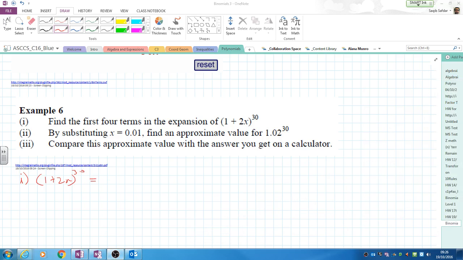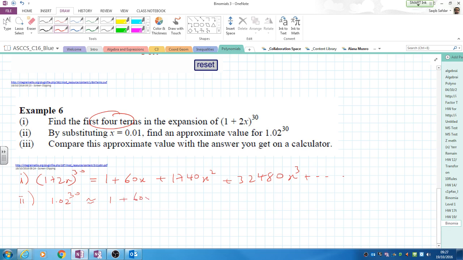We obviously started by going over an expansion. So if we did this, we should get 1 plus 60x plus 1740x squared plus 32480x cubed. So that gives us the first 4 terms of the expansion. If we then, can anyone just look up for a second? If we then put in 0.01, what's 0.01 times 2? Add 2, so you get 1.02 to the power of 30 approximately equals,